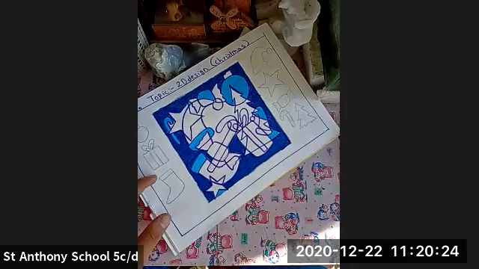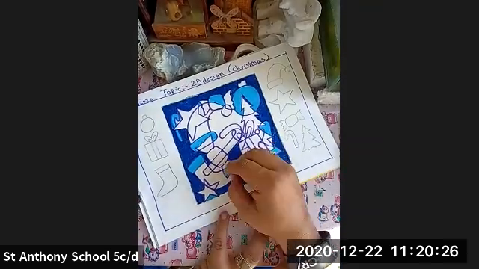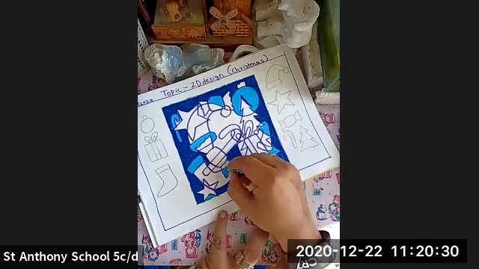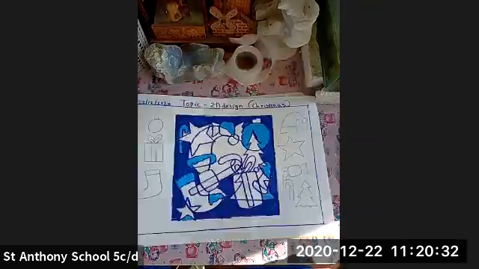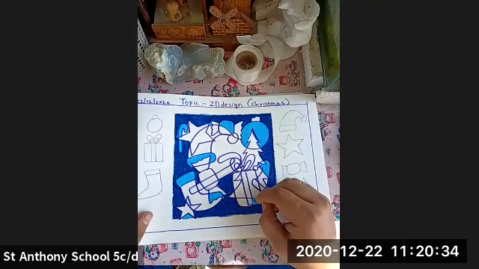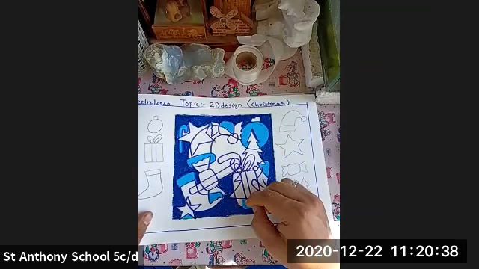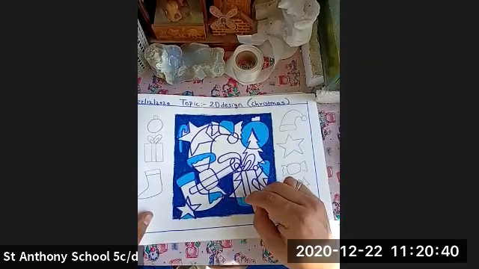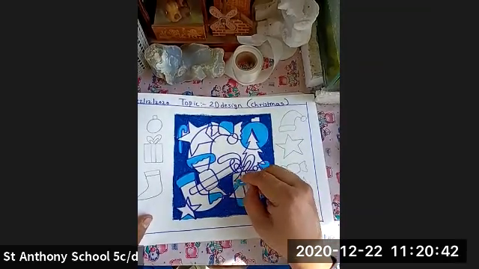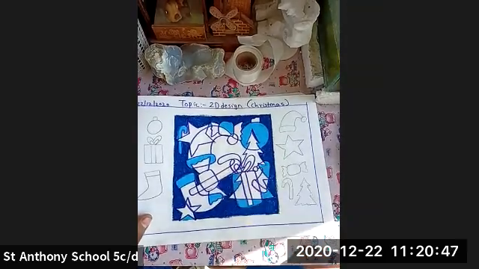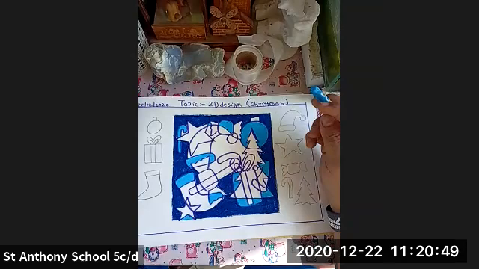This is the way how you're going to color it. ये देखो, इस तरह आपका coloring होना चाहिए.